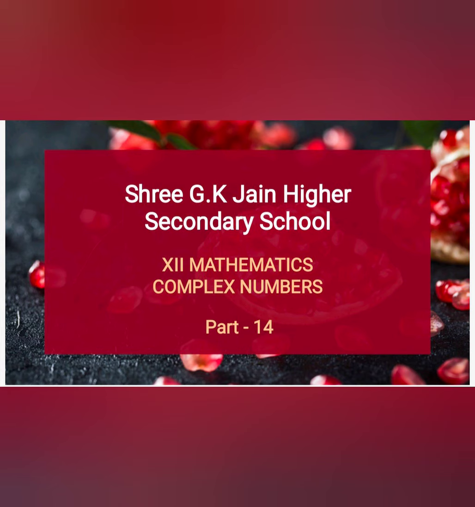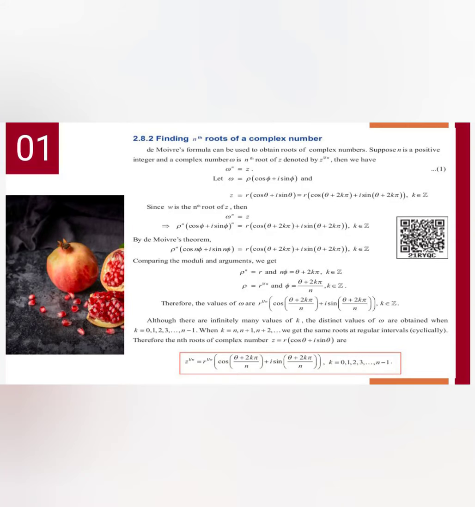So let us see how to find the nth roots of a complex number. By using De Moivre's theorem, we all know that De Moivre's theorem is nothing but bringing the power to the argument, right? So now we are going to name the root of the complex number as omega. Let omega be equal to rho into cos phi plus i sin phi, and z as usual r into cos theta plus i sin theta. When I am going to find the root of the complex number, if omega power n is equal to z, omega is equal to z power 1 by n. So that is what is given in the last table.